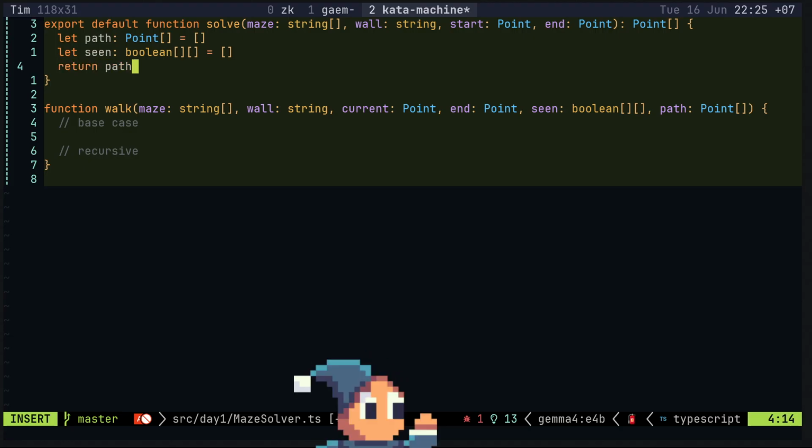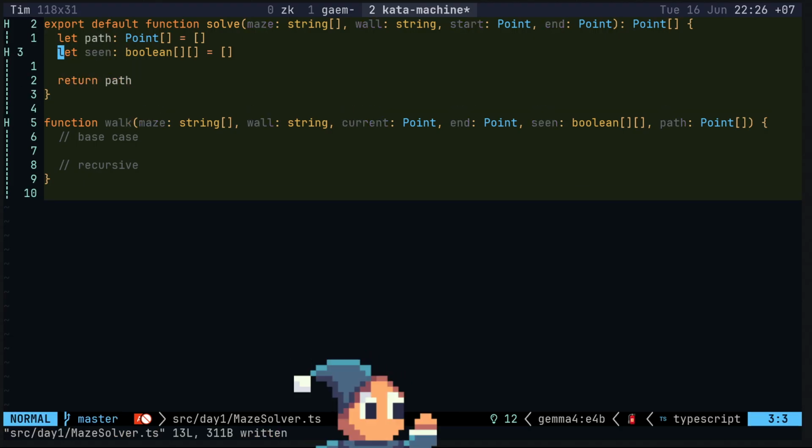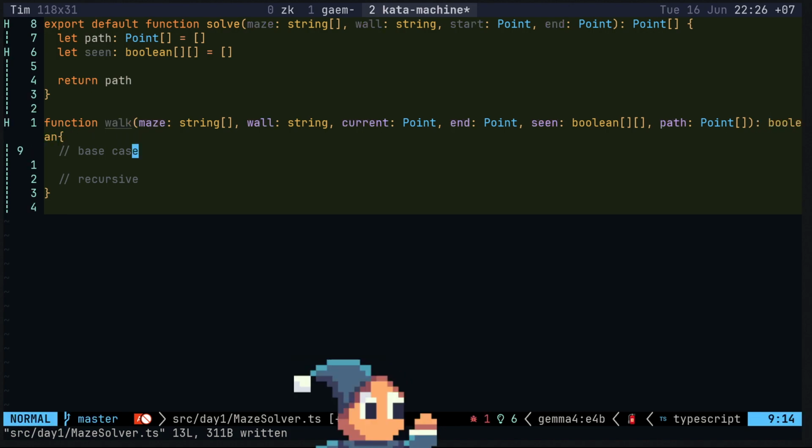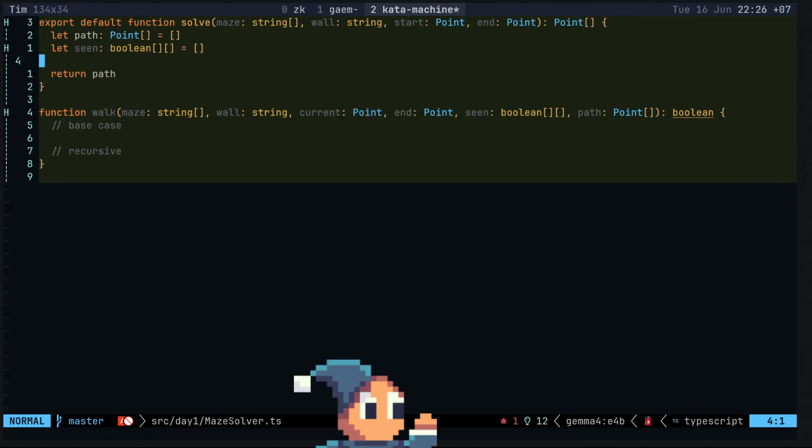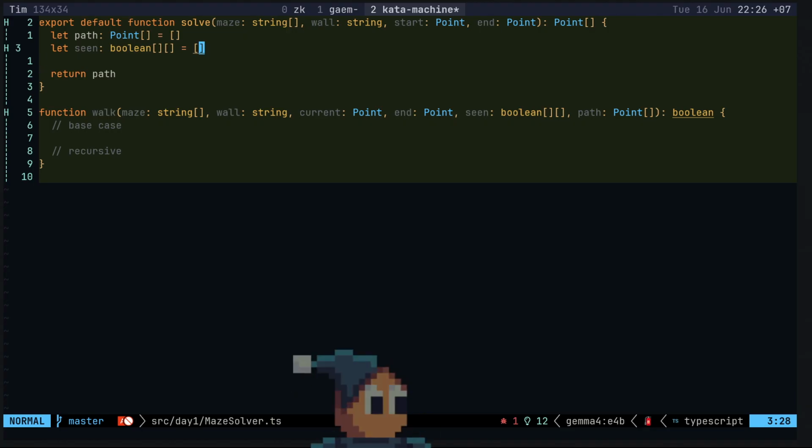And you'll just return path. I think, if I'm not mistaken, this returns a boolean later on. We'll see why. Path.